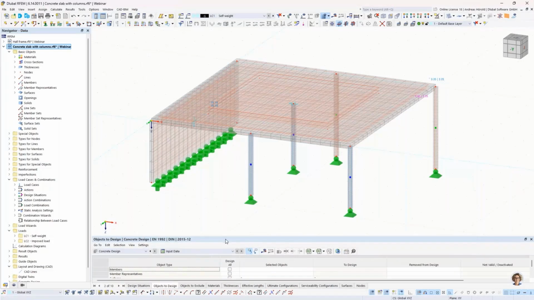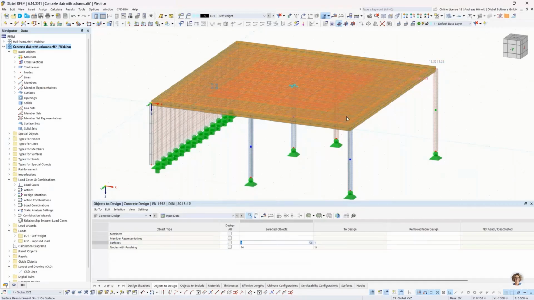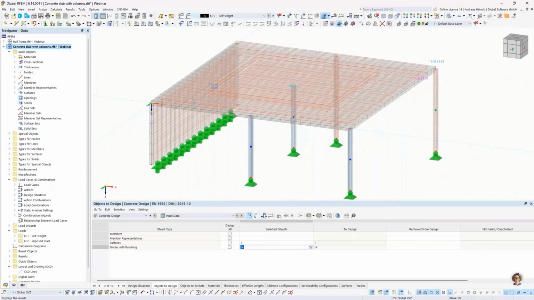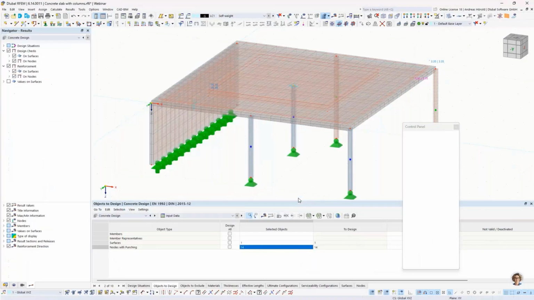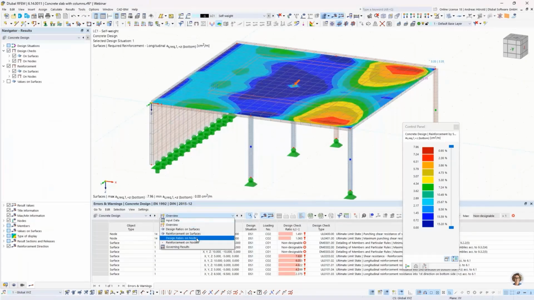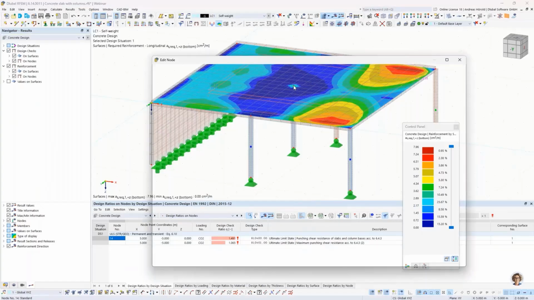Concrete design, objects to design. Okay, we calculate the surface and that node. So then design ratio on nodes. Okay, that doesn't work. We have an overloading. And let's set or consider a punching reinforcement. I double click the node,